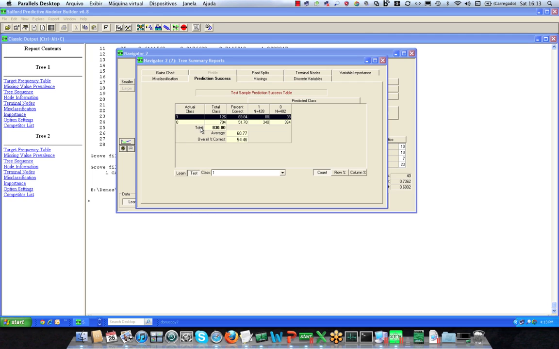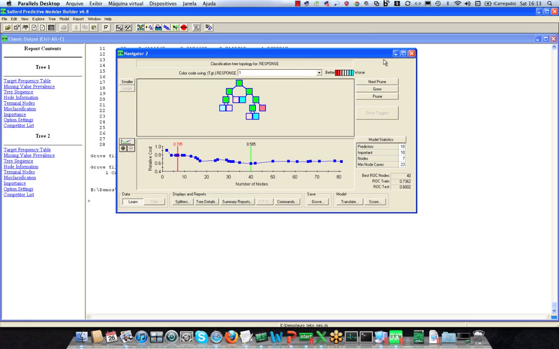For the ones, our accuracy on test data is just shy of 70%, but for the zeros, it's at 51.7. Now that is for a specific tree, and it's a tree with 7 terminal nodes. If we were to go all the way out to the optimal tree, we go again to the